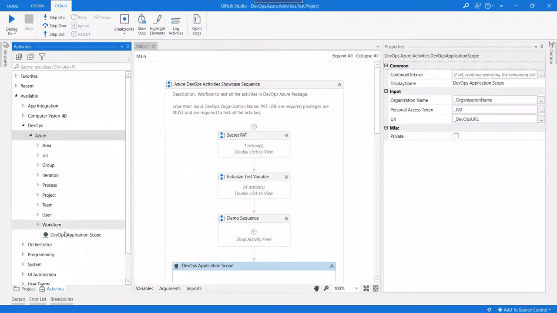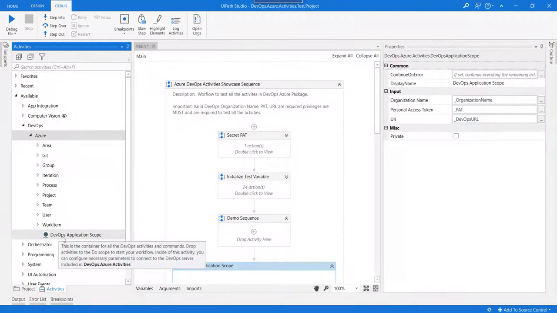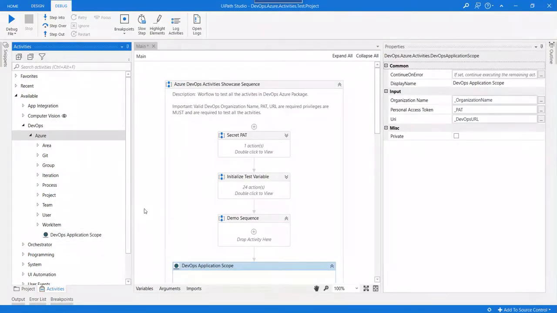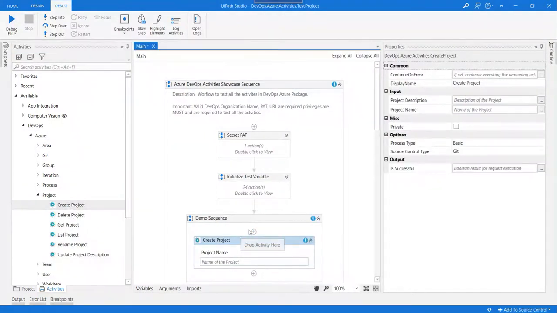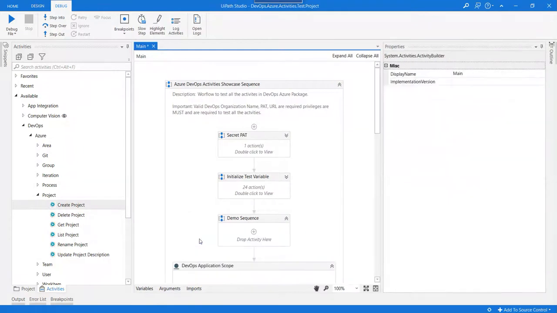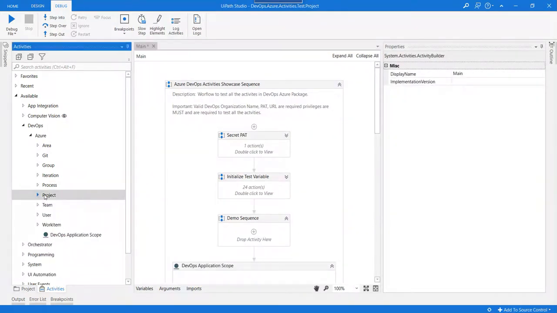And the main activity that you need to rely on is the DevOps Application Scope. If you try to create any activity without the DevOps Application Scope, it will not work. It will throw an error that the activity should be part of the DevOps Application Scope and cannot be used outside the application scope. So to use any activity, the first thing you need to do is drag and drop